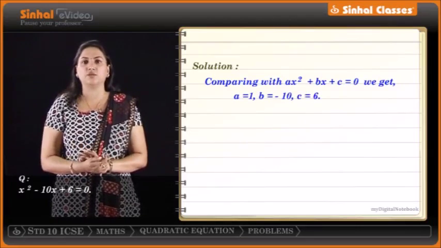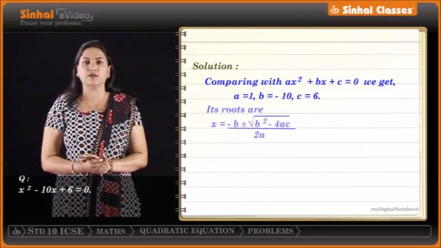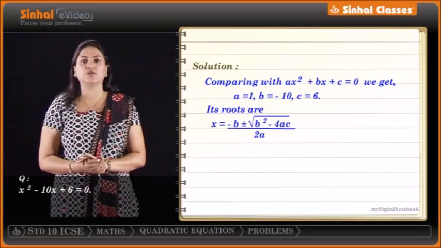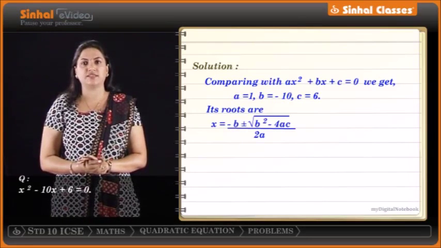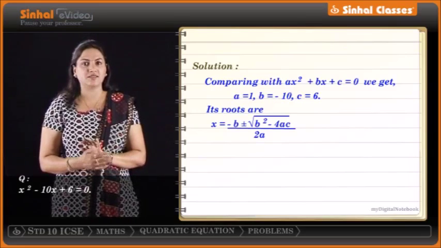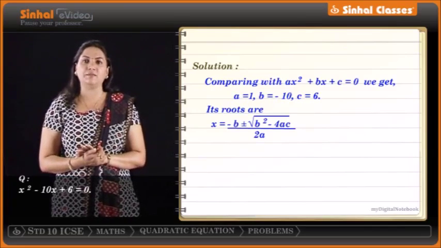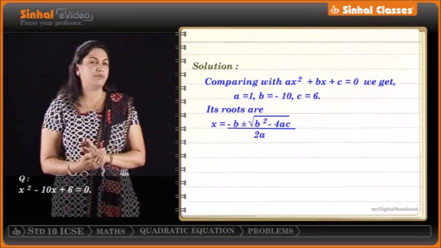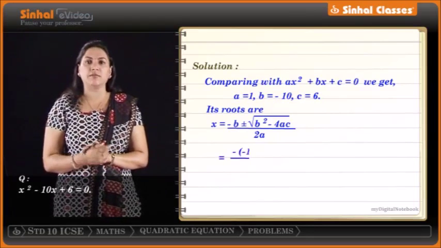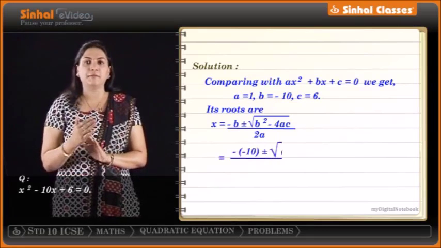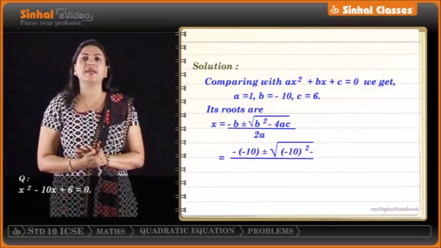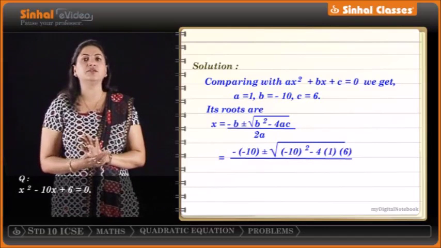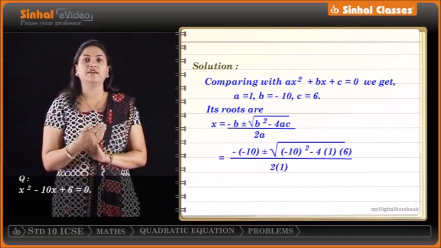Now the roots of the equation are x is equal to minus b plus or minus root b square minus 4ac upon 2a. Now substitute the values of a, b and c in this formula to get minus of minus 10 plus or minus root minus 10 the whole square minus 4 into 6 upon 2 into 1, which is